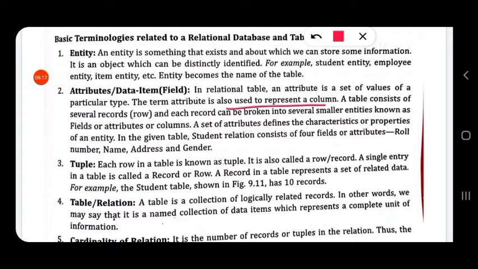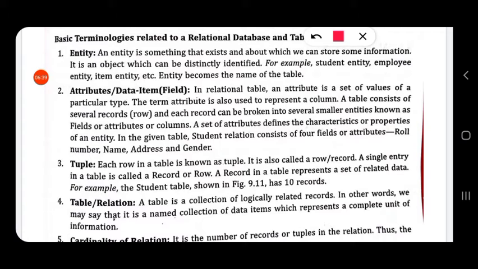You should always remember the other names that we give for a column. In a database, a column is always called an attribute or field or data item.